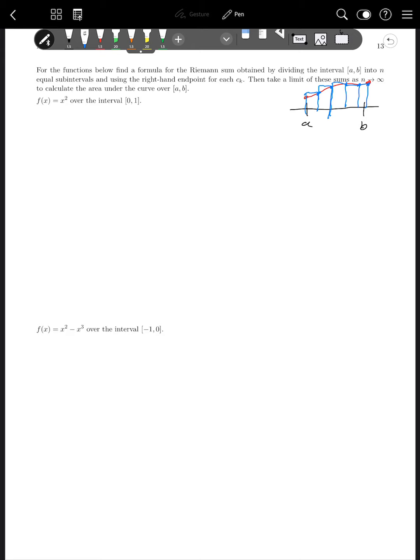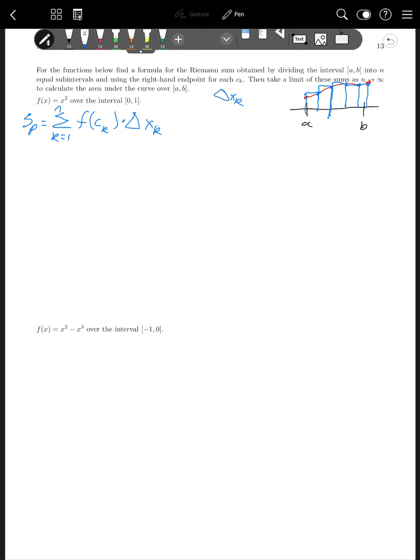Okay? And so the question becomes that we need, in order to use the Riemann sum, remember, Riemann sums are S_P equals the sum from k equals 1 to n of f of c_k times delta x_k. So the key is we need to know what those are in general. So if we start with delta x_k,